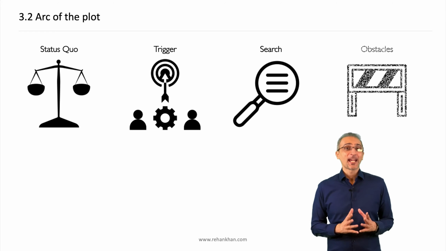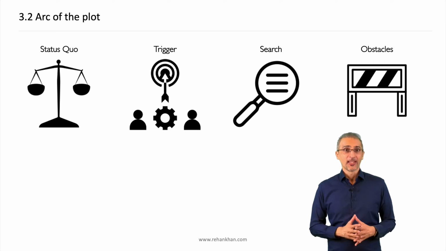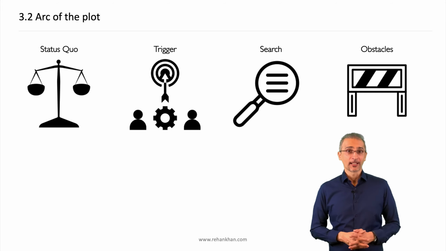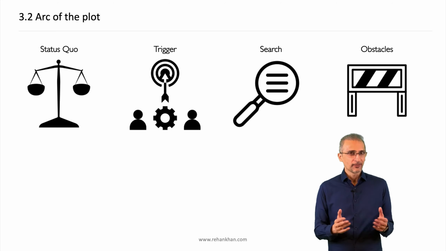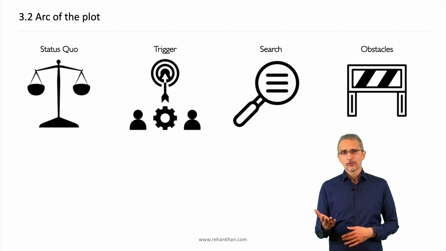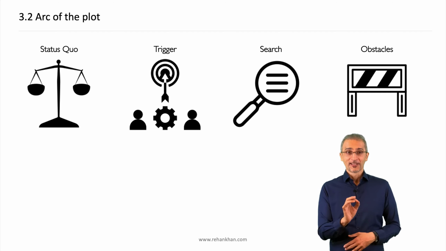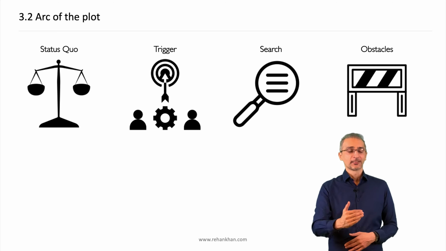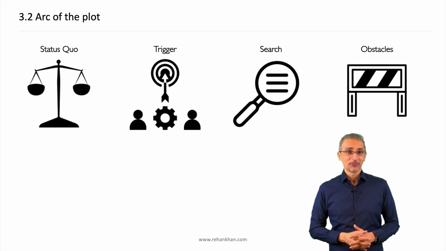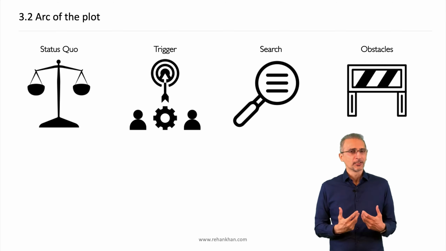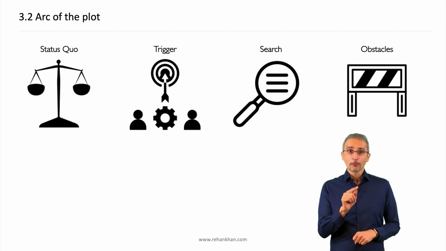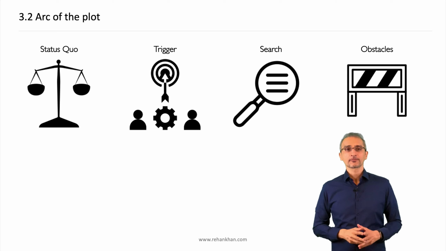Obstacles. As the character is sent off on their search, they'll encounter obstacles or barriers and impediments along the way, which stop them from restoring balance to their life. Generally, these will be unpleasant obstacles, but occasionally they might be pleasant. Whether onerous or easy, the obstacle must move the story forward in some way. The obstacles also need to be something unexpected. In other words, the reader should not be able to spot them in advance.